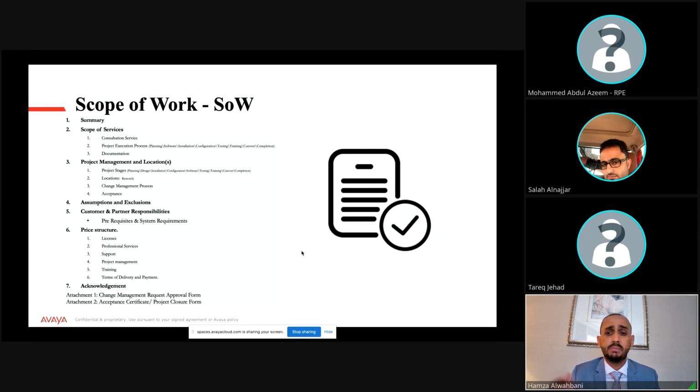So every party, partner, Avaya, and customer, will know their job, the prerequisites, their responsibility, the structure, the pricing structure, the terms and conditions, the timing, and the location. This scope of work should be signed by the partner, the customer, and the end user at the beginning of the project. Once the signature is done, we can start to implement the Centrum application